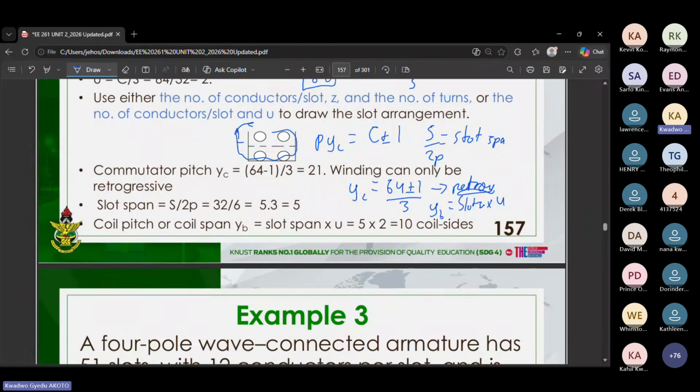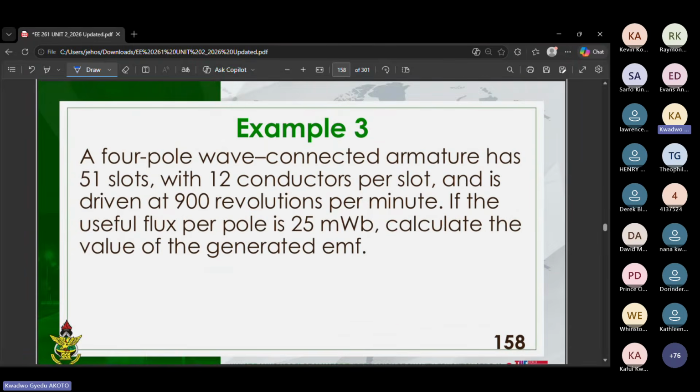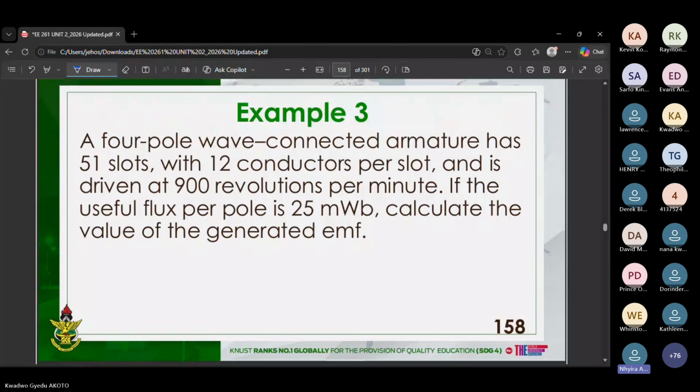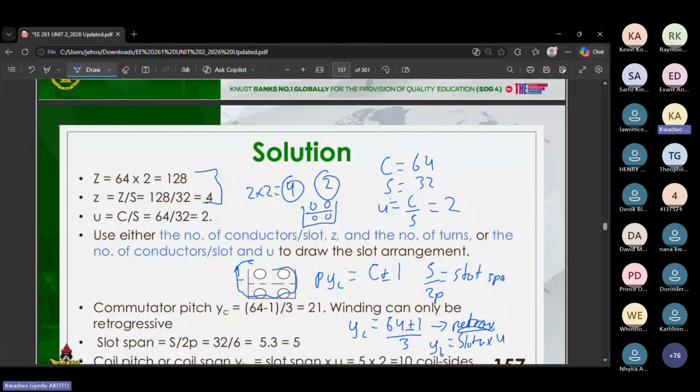Yes, ask your question. The big Z, could you go over it again? The 64 times 2. I didn't do it like that, okay? But all it's trying to say is that we have 64 single-turn coils, right? So